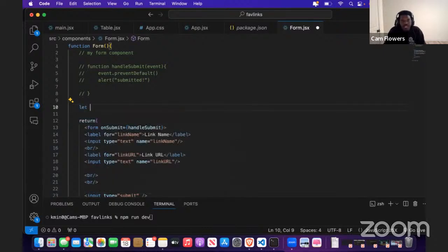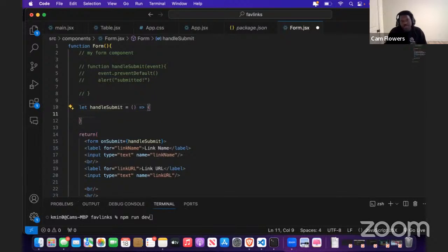So I could say something like let handleSubmit, which is going to be the name of my new arrow function. I'm going to set it equal, just like I would any variable. Like if this was an array, I would set it like this. If this was a string, I would set it like this. But in this case, it's a function, and arrow functions allow us to define this like so. To define a function as an object like this, we just give it the parentheses that we would a regular function, pass an arrow like so, and then in the curly braces is where we define what happens in